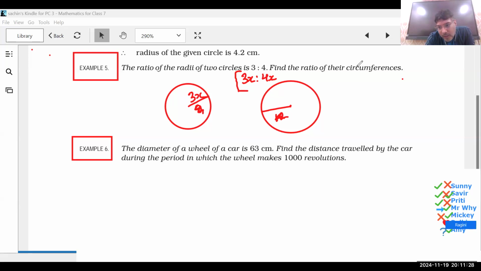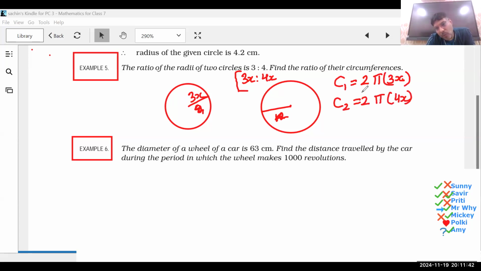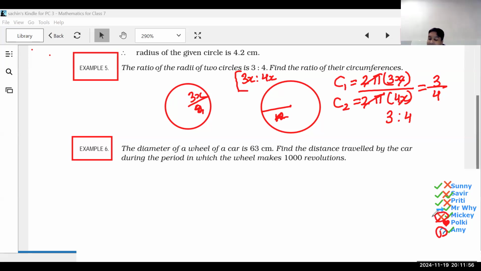देखो, अमायरा एंड माइकी, फर्स्ट क्वेश्चन बहुत इजी होता है। फर्स्ट का रेडियस होगा R1, C1 का सरकमफ्रेंस होगा 2 पाई R1 विच इज 3x 2 पाई R। सेकेंड का होगा C2 का 2 पाई टाइम्स 4x। सो बिकॉज यू वांट अ रेशियो, दोनों को सिंप्लीफाई कर दो, 2 पाई कैंसिल हो जाएगा, x कैंसिल हो जाएगा, यू विल गेट द सेम रेशियो 3/4 और 3:4। अंडरस्टूड माइकी एंड अमायरा? सर मैंने 3 डिफरेंट मेथड्स करे, उन तीनों में सेम आंसर आ रहा था, बट मुझे लगा मेरा गलत है। ओके।